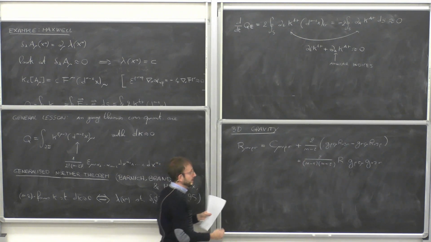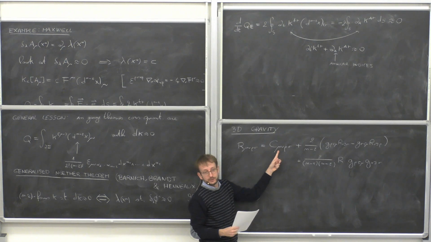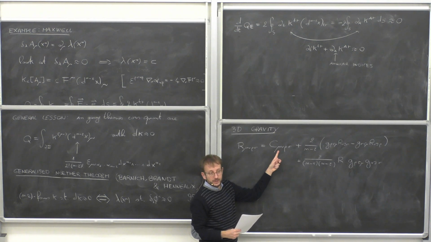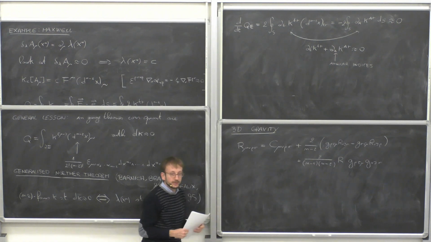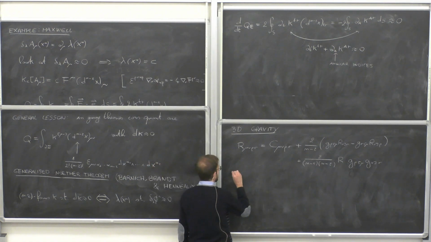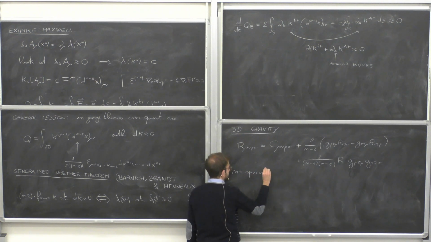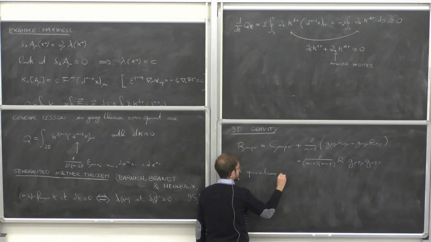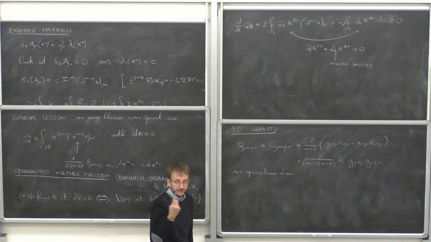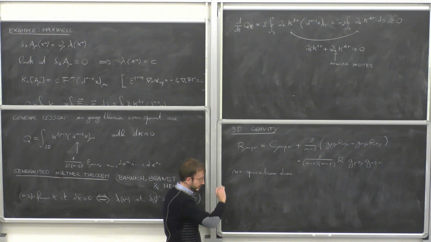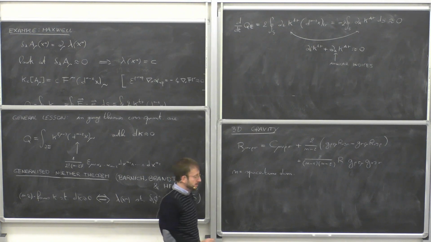Okay, so the Weyl tensor is just the traceless projection of the Riemann tensor. And this is in dimension n to begin with. Yes, so n is equal to the space-time dimension. And the first important thing to notice is that this has nothing to do with 3D gravity, but it's just